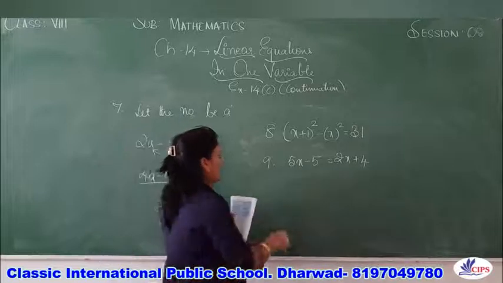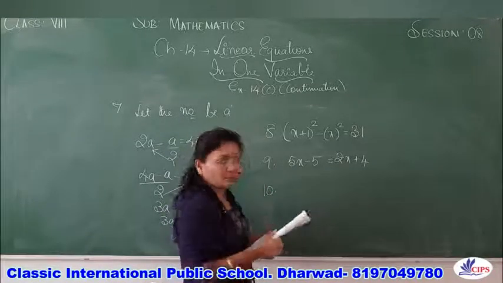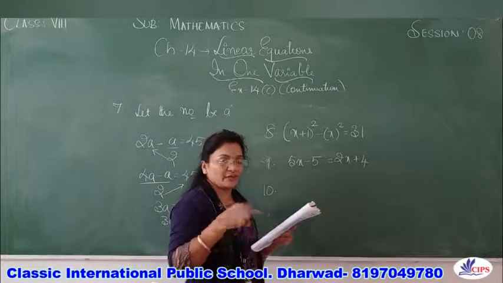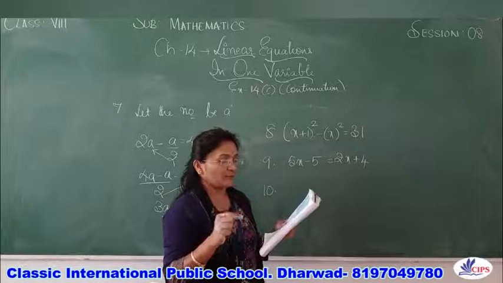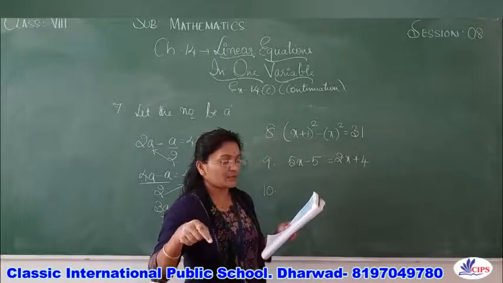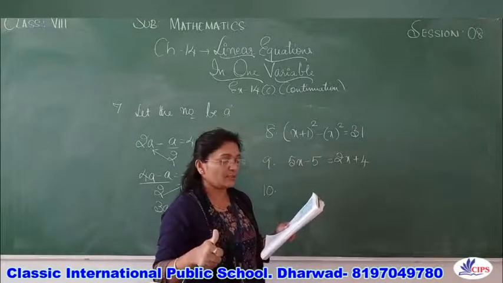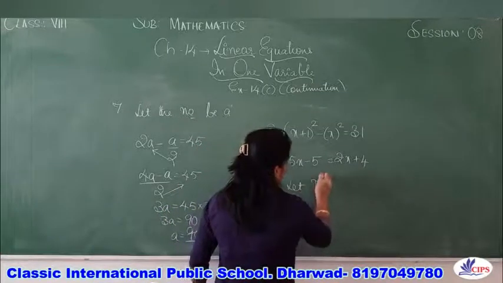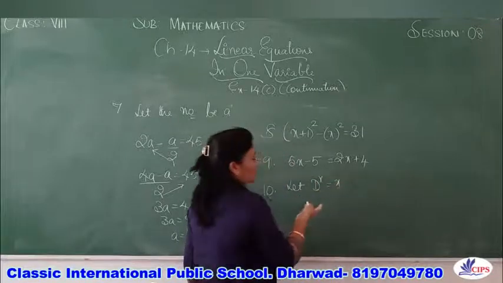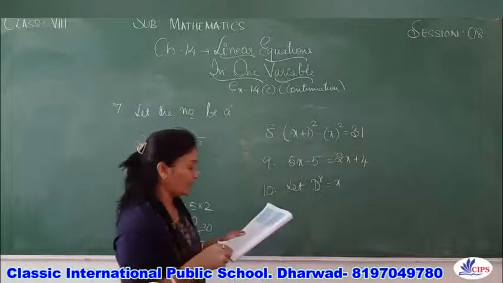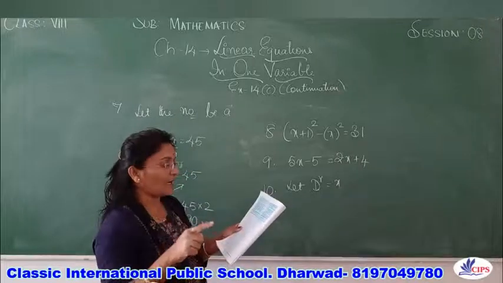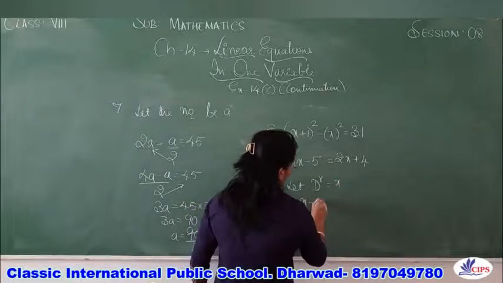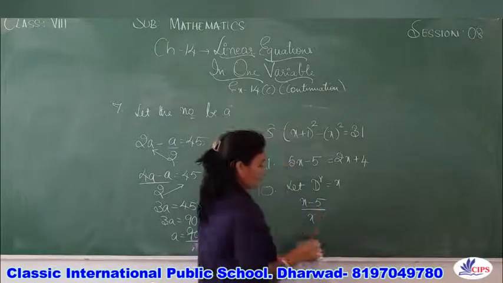Now next, 10th one. Here they have told you the numerator of a fraction is, so here we have got denominator and numerator. So the numerator of a fraction is 5 less than its denominator. So what's the denominator? We don't know what's the denominator, so you assume denominator first. I'm writing in the short form, let denominator be x. So if you assume the denominator first, we'll get the numerator. The numerator of a fraction is 5 less than its denominator. So as our denominator is x, numerator will be x minus 5 by x.